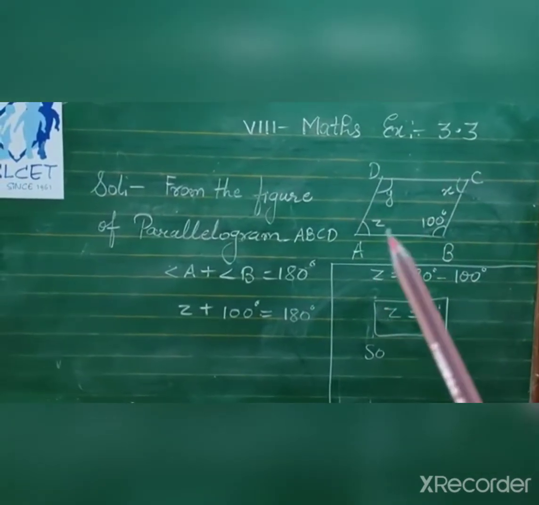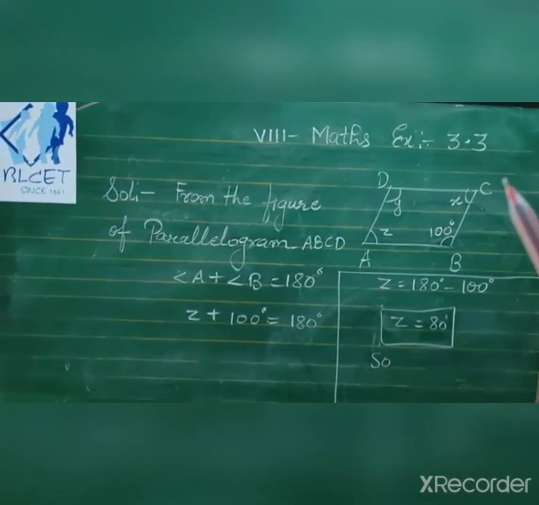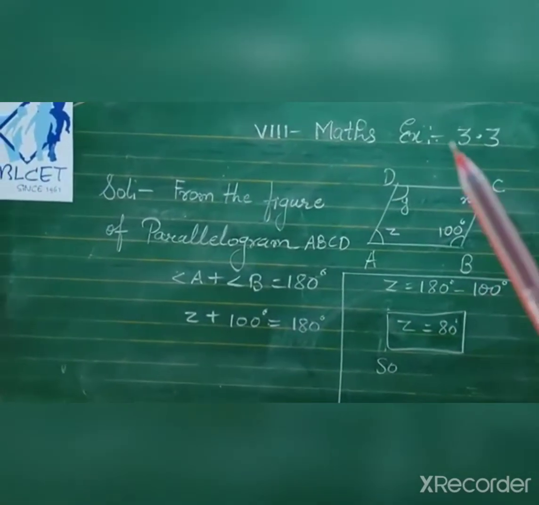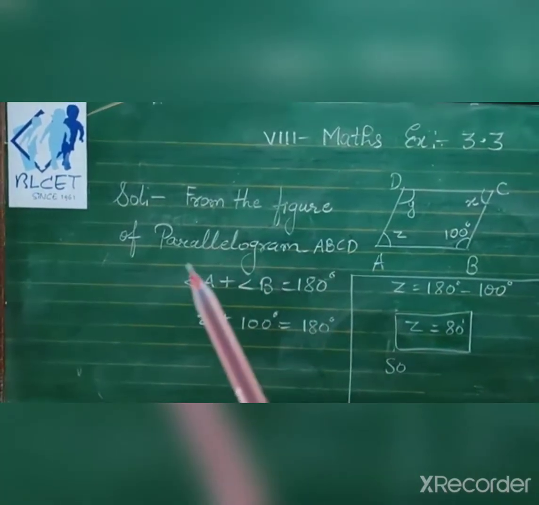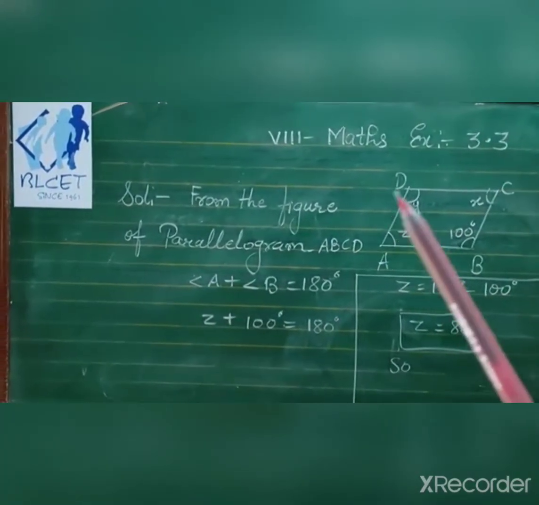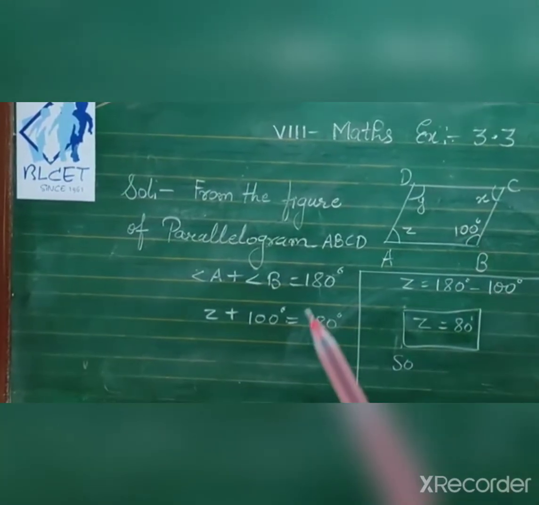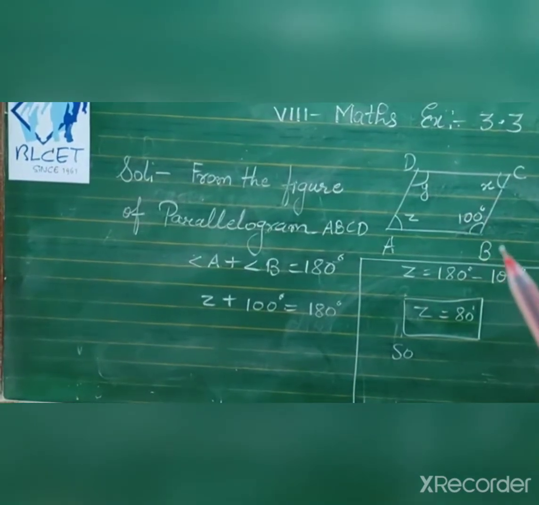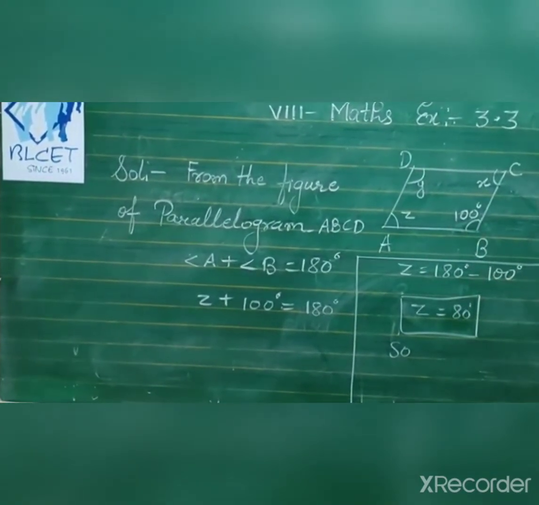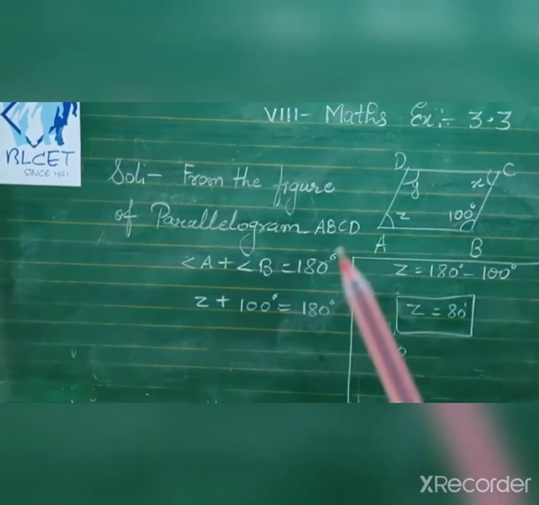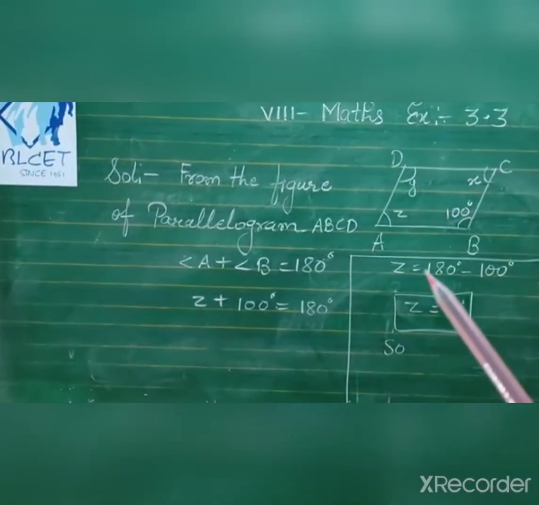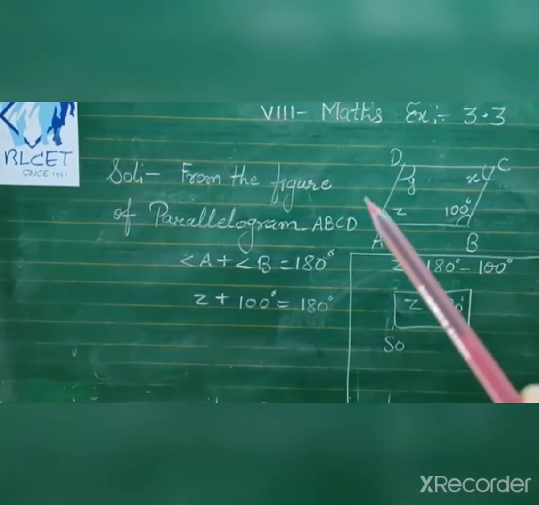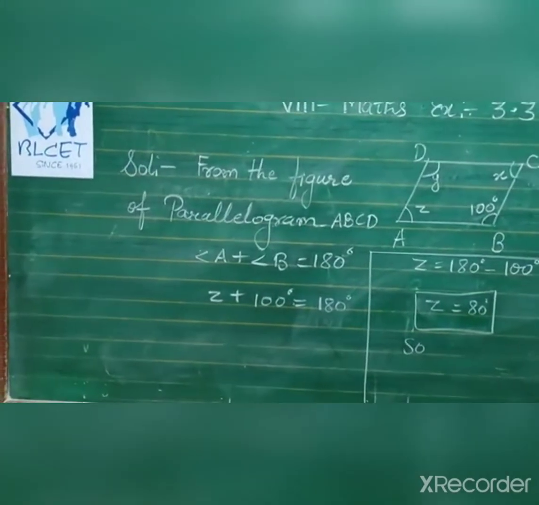Okay. Now from figure A, we have to calculate the value of the unknown variables, that means X, Y, Z. That means the measure of angle A, angle C, angle Y. Sorry, measure of angle D. From the figure of parallelogram ABCD, angle A plus angle B is equal to 180 degrees. We know the sum of the adjacent angles of a parallelogram is 180 degrees, because these two line segments are parallel and this is the transversal intersecting them. So this and this, when you add, give 180 degrees.